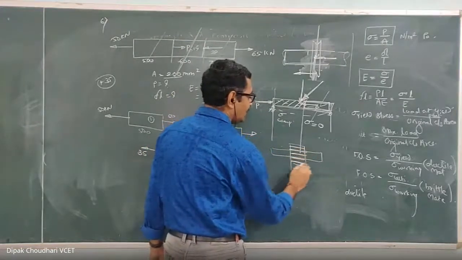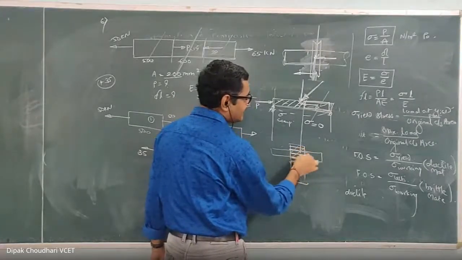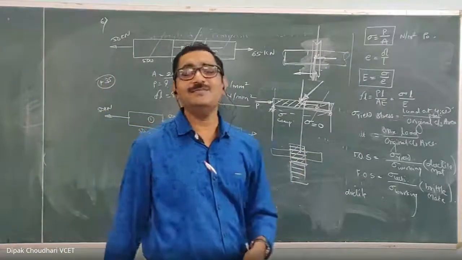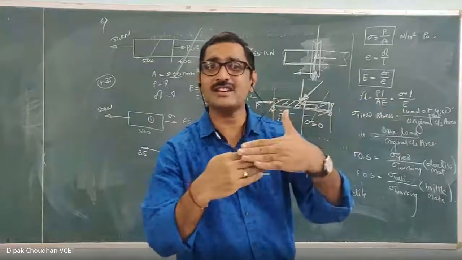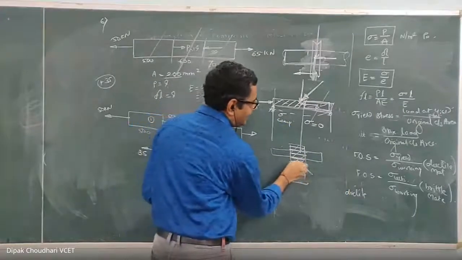Spur gear का teeth horizontal रहता है, and bevel gear का teeth inclined रहता है. Clear? Now when such type of bevel gears having the inclined teeth are meshed with each other, they exert the forces on each other in some inclined way.